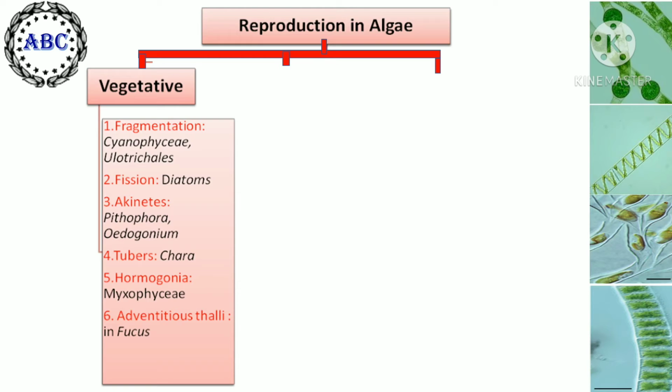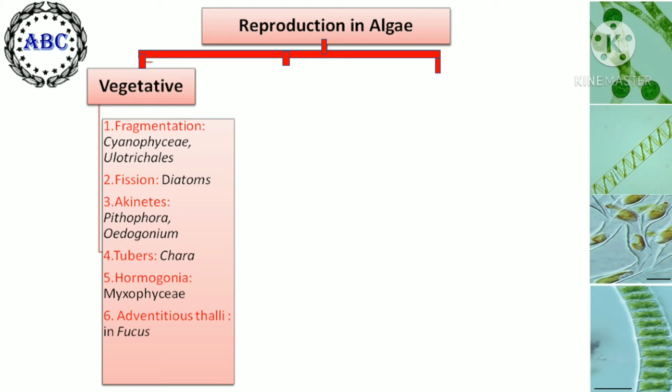Fourth one is tubers. Tubers are spherical or globular bodies formed on the lower nodes and rhizoids in algae. An example is Chara. Tubers are formed due to storage of food. On detachment from the parent plant, these develop into a new plant. Hormogonia. In blue-green algae like Nostoc, the main filament breaks into small fragments of varying length, and these are called hormogonia. These hormogonia may be formed at the place of heterocyst in the filaments or anywhere. Under favorable conditions, the hormogonia germinate to develop into a new plant.